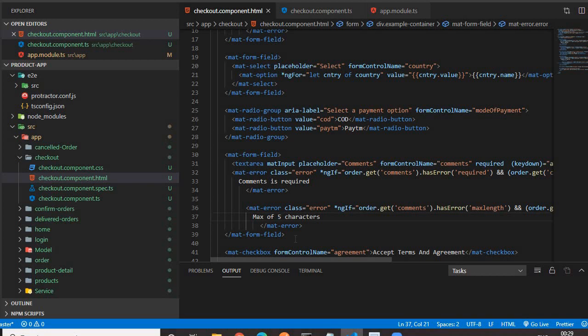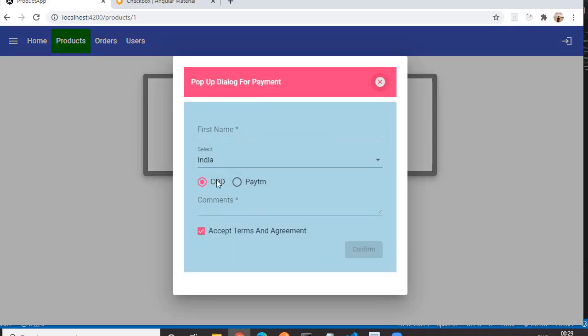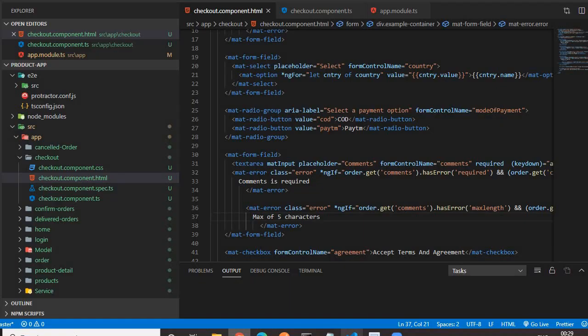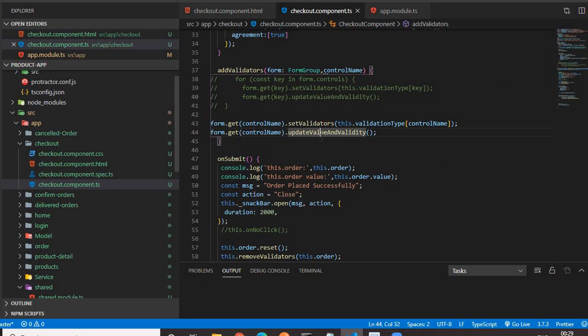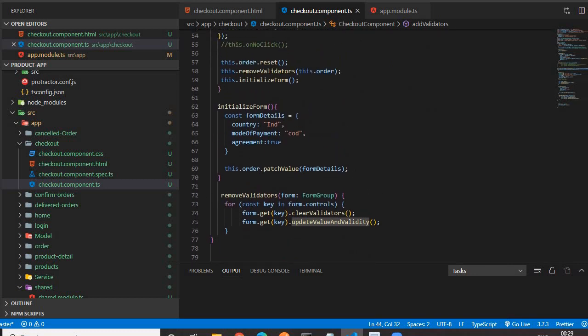So in this way we can work with our form. We can reset our form. After this, first of all, on click of the submit button, we need to call the API. The API will enter the data in the database. Once the operation in the database succeeds, then we have to call the reset function to reset our form. Okay. So after calling the reset function, then we have to remove the validator.